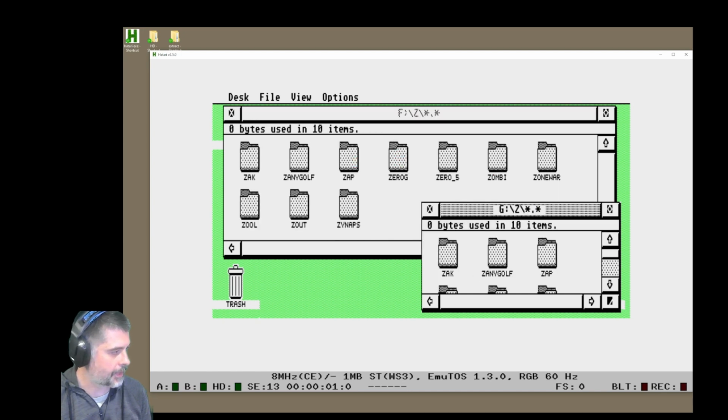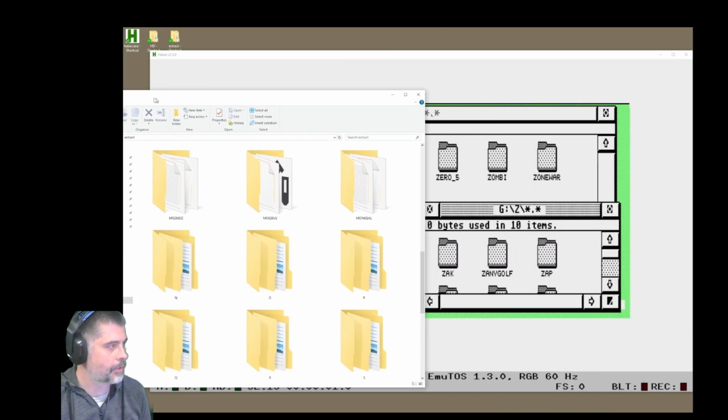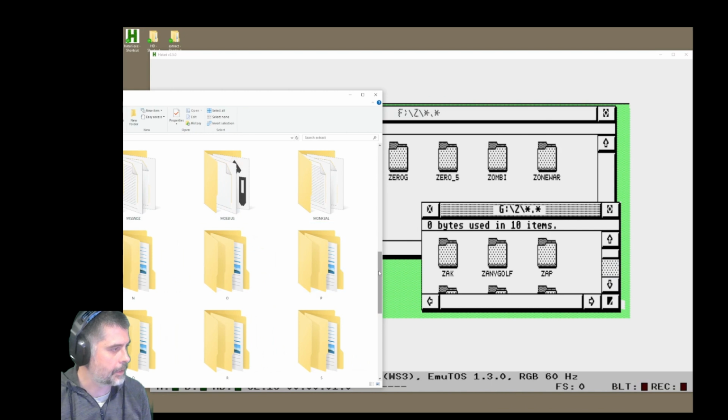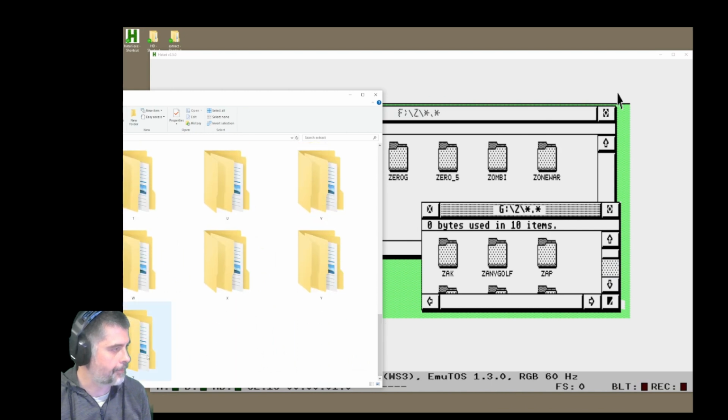So let's take a little look at the extract folder. Drag that across for you, and yeah, they're all present. So now I have decided, yeah, instead of moving this on an SD card, I want to actually try and transfer it straight from my PC. So if I open up this page here,